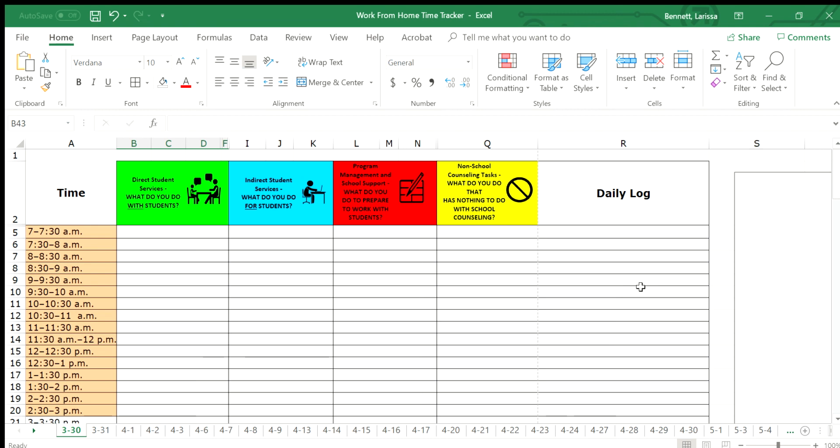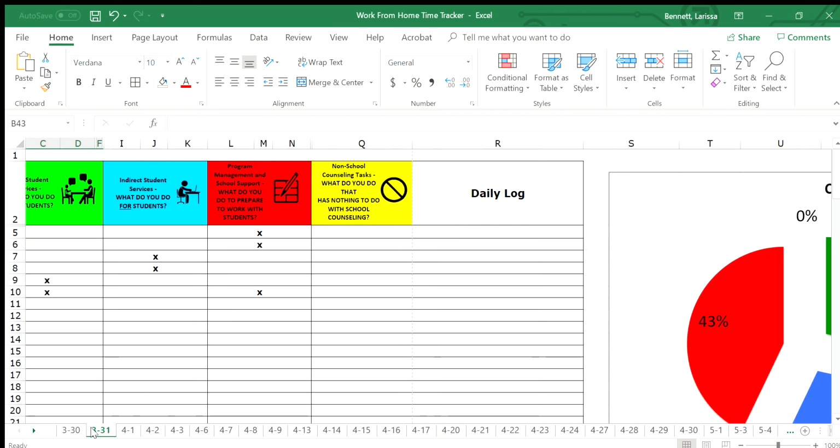So you have that information. I hope that this is helpful, that you are able to utilize. I have been tracking my own work that way, so I just keep this open right here on my doc. I have it posted in my OneDrive, so it's automatically saving all the time, but I keep it open right here. So when I start a new day, I just click and start a new day, and that way throughout the day I can go back and type in what I've been working on.